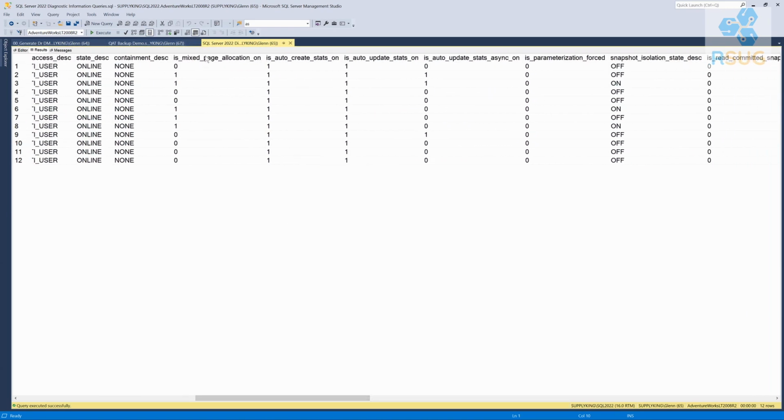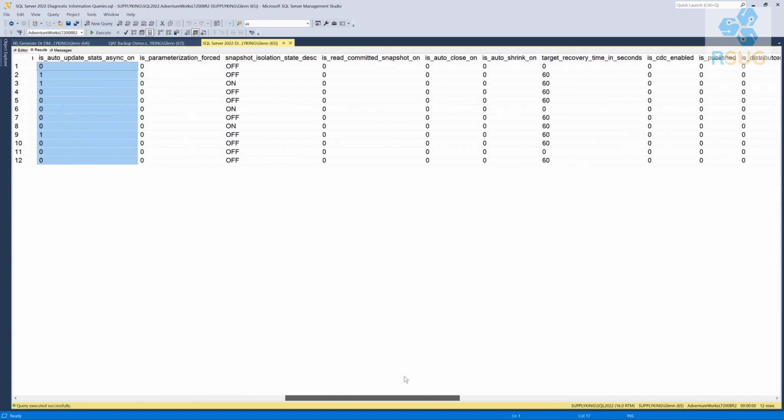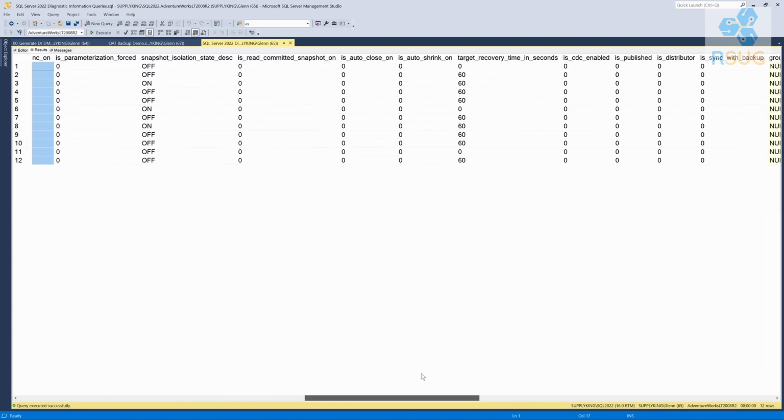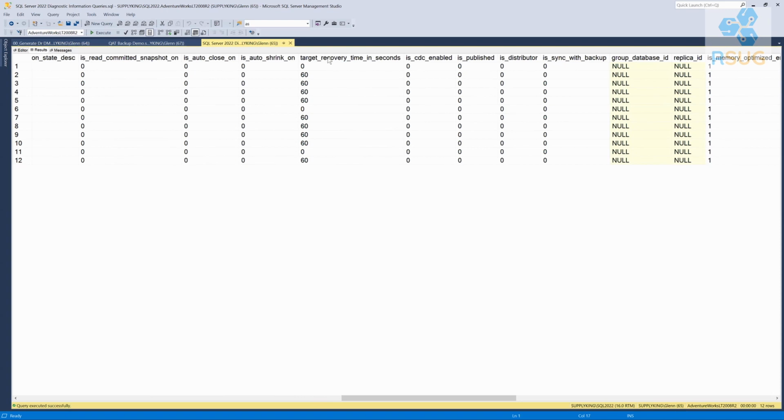So mixed page allocation is a fairly new feature that should be turned on. I think auto update stats asynchronously should be turned on in most cases. And then another one that's super important is target recovery time in seconds. You want that to be a non-zero value, because if you do that, it enables indirect checkpoints on SQL Server 2012 and newer. And it really helps a lot of operations run faster, and it gives you better IO performance